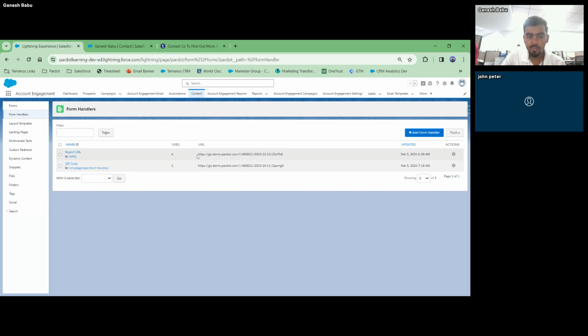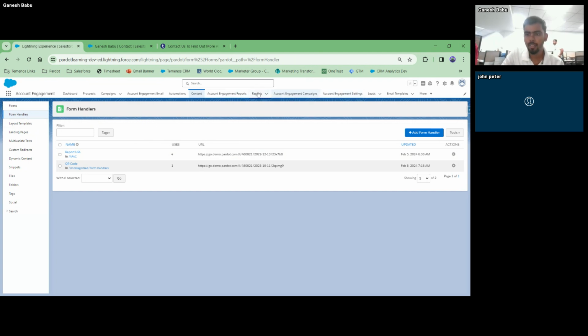In the form handlers, at the end, we are going to get the endpoint URL. This particular endpoint URL is given to the website development team, and they add it to the website, so that whenever the form submission happens, we also get the same sample of a lead, right? So that is the difference between forms and form handlers.